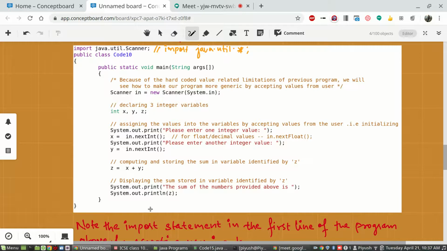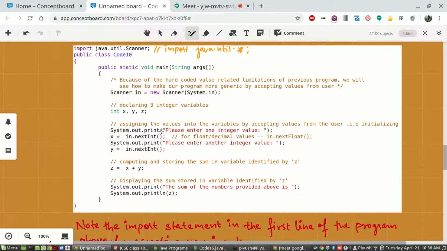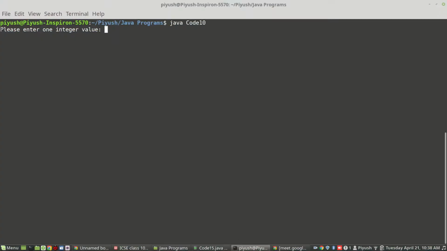So it's better to inform users what to provide, what value you require, so you leave it as a message. Let's say I run code 10 again, so that if you have forgotten, you may understand. As you can see, if you do not write a print statement before it, then your screen will simply be blinking and nothing will be there. The user may get confused if the user has not seen your code. So in order to be more informative, just before accepting values, you should use print statements to specify what exactly is required there.